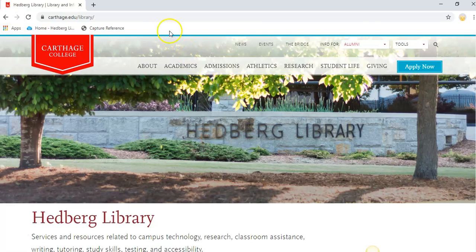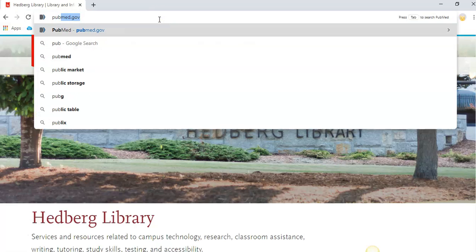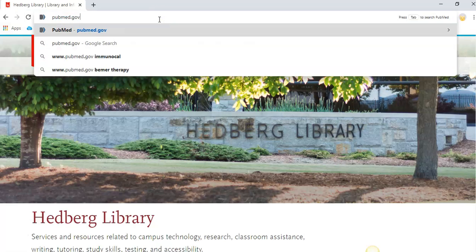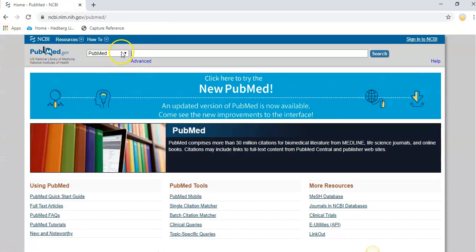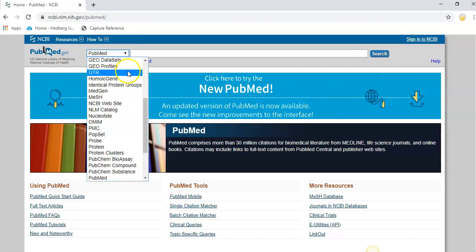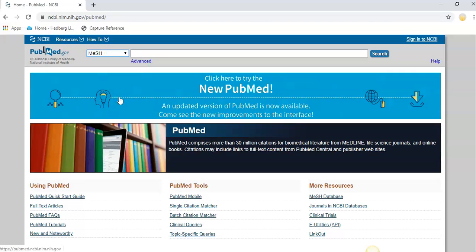First, we're going to go to Pubmed. To get to Pubmed, you go to pubmed.gov. And from this drop-down box up here, we're going to scroll down and find MeSH. MeSH stands for Medical Subject Headings. These are very useful when you are having a hard time finding information that is specific enough for your needs. As with our previous tutorials, we're going to use the same term